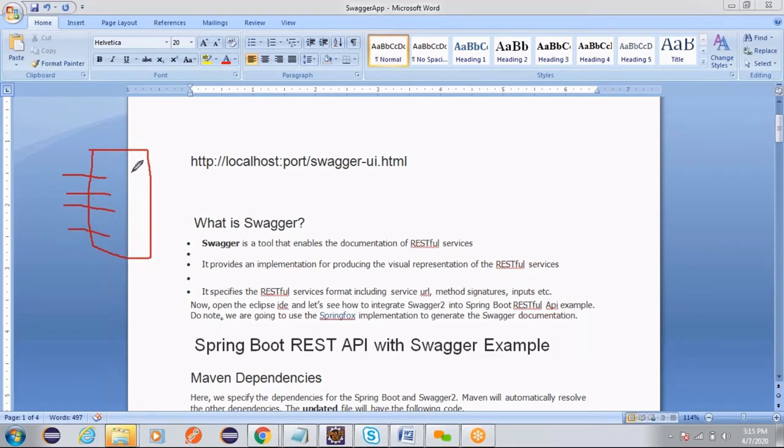Let us say one endpoint is loading all employee details. One endpoint loads one particular employee's details, for whom you are giving an ID. One API endpoint is going to update your employee details. One endpoint URL is for delete. Likewise, you can have multiple operations: delete for a given employee ID, delete for a given employee name, delete for a given salary. So you may have any number of endpoints for your service.